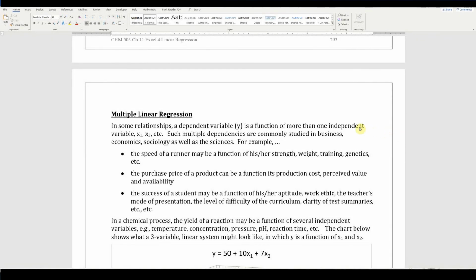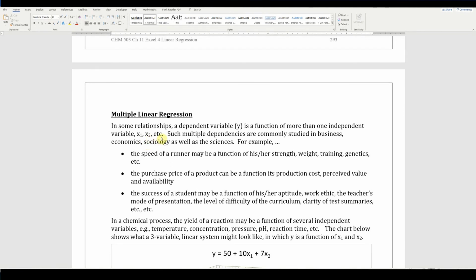Page 294. The last topic in our study of linear regression is multiple linear regression. Up to this point, we've considered the case where we have one dependent variable, y, and one independent variable, x. But in some relationships, a dependent variable, y, is a function of more than one independent variable: x, z, w. We run out of letters, so we'll just use the terms x1, x2, x3, and so on for